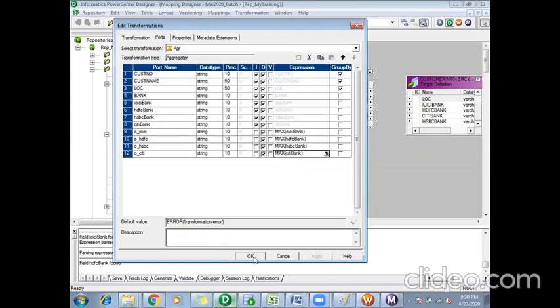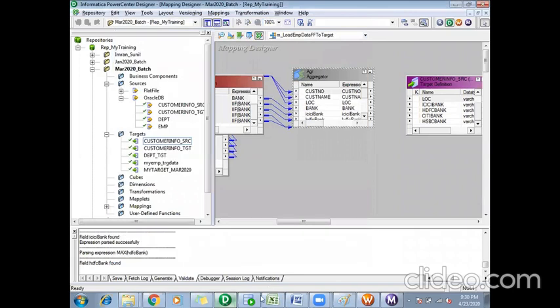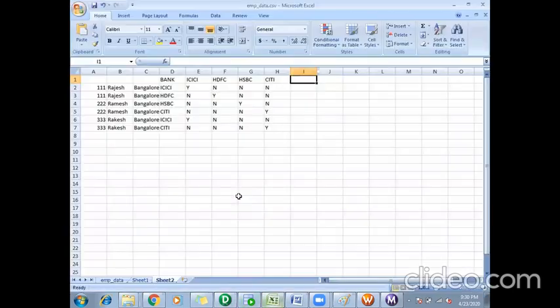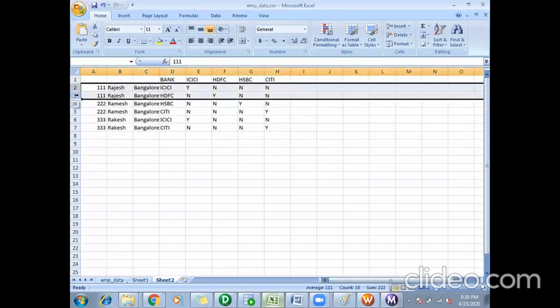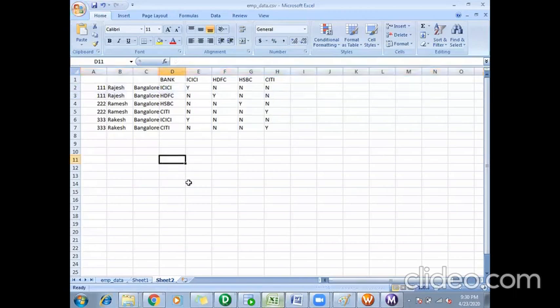I'll say apply, OK. So what I'm trying to do here is, I'm grouping on these three values, so these two records will become one. If you see the additional ports I am creating in my aggregator, HSBC and Citi, these two will be clubbed into one.